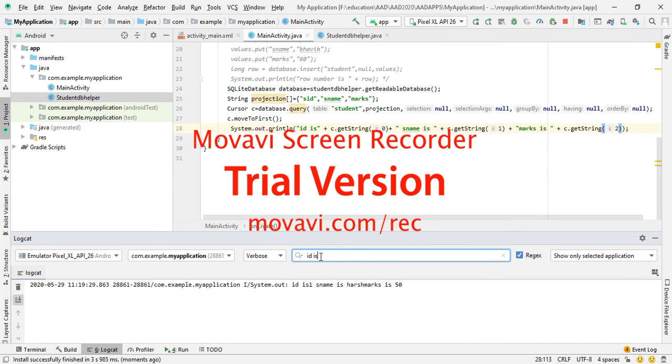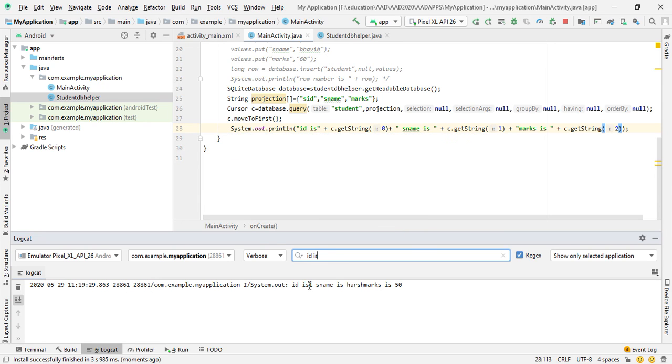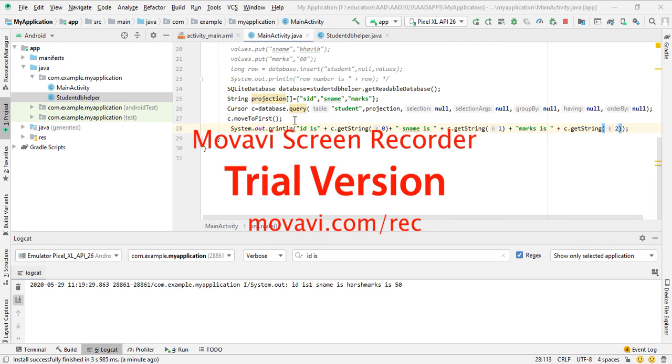Here the first record is displayed. id is 1, sname is hers, and marks is 50. So this will display the first record. In this way you can use different methods to traverse inside this cursor.